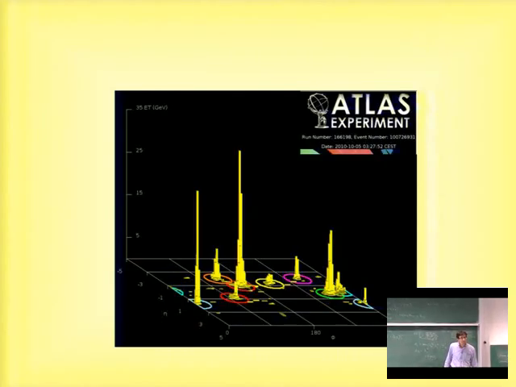Yes? Is that the picture you had before as well? It might have been the same picture, yeah. Based on 8 jet events. So the number of jets